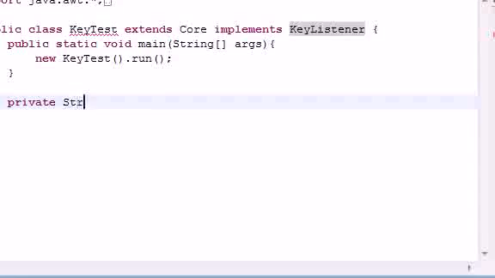Private String mess, for message, and set this equal to nothing. By the way, the program that I'm building,